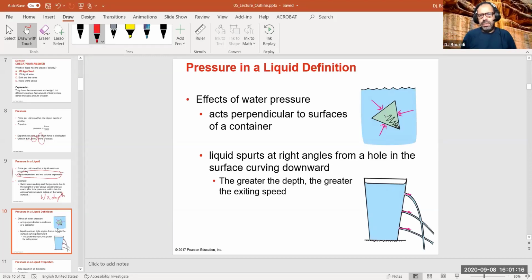But of course, it doesn't mean that you're not going to be impacted by it. If two people pull you from each side, yes, their forces cancel, it's true, but what happens to your arms if they keep on pulling? Yes, so you have to have strong connections here, or you're going to lose your arm. Same thing with pressure. They cancel because the force coming from one side and the force from the other are the same forces. So Newton's law perfectly says you're not going to go anywhere.